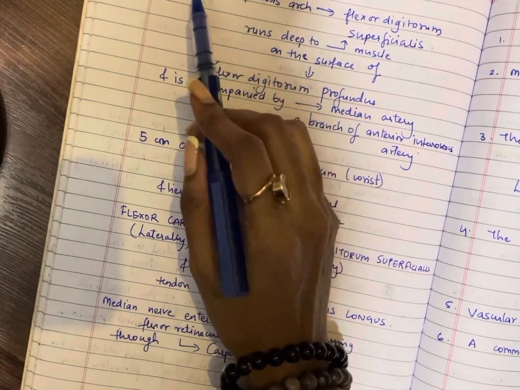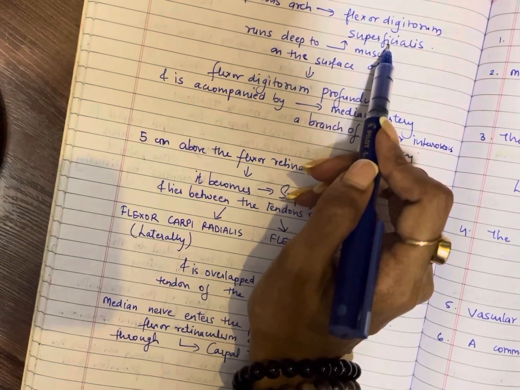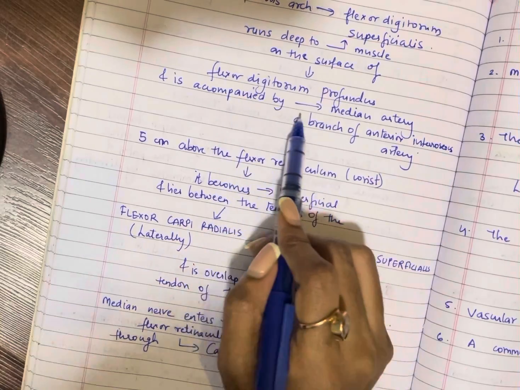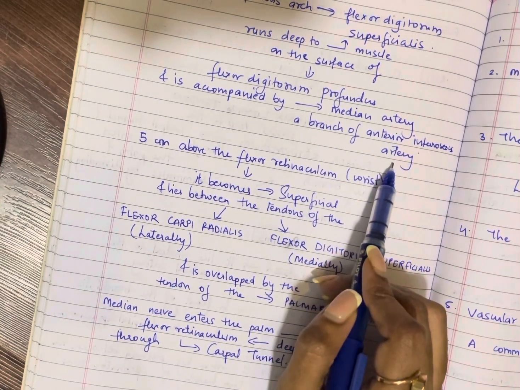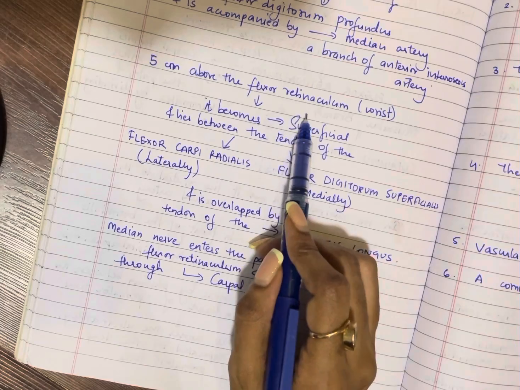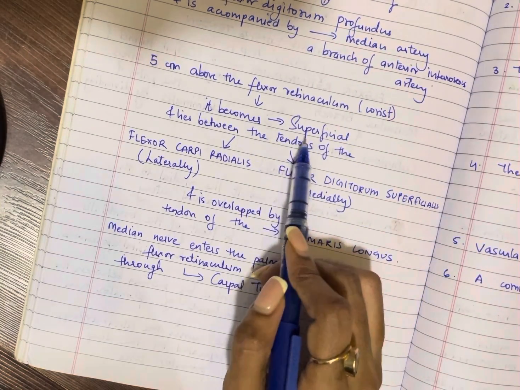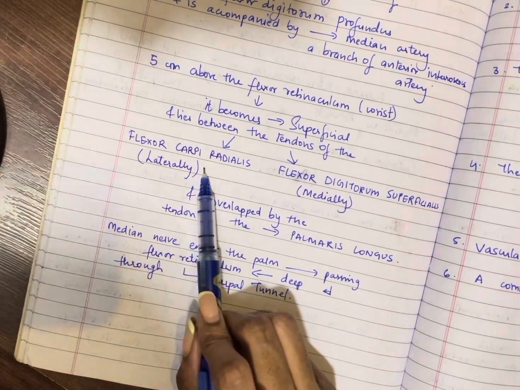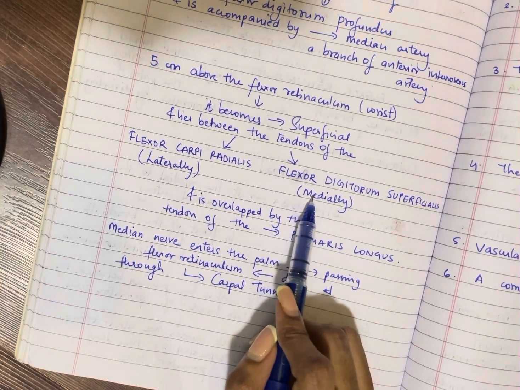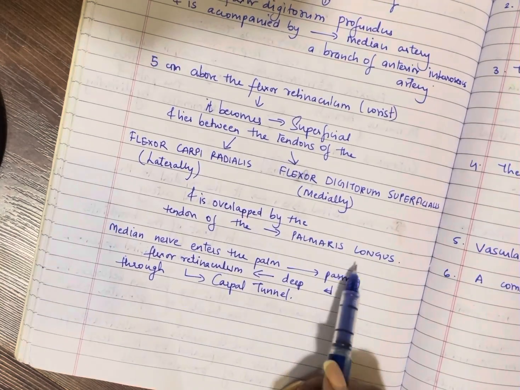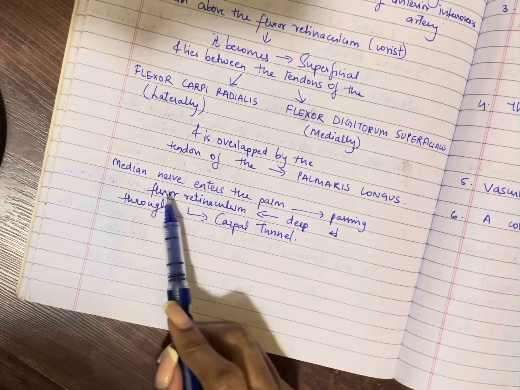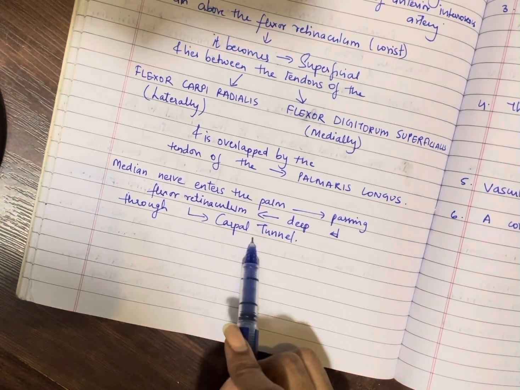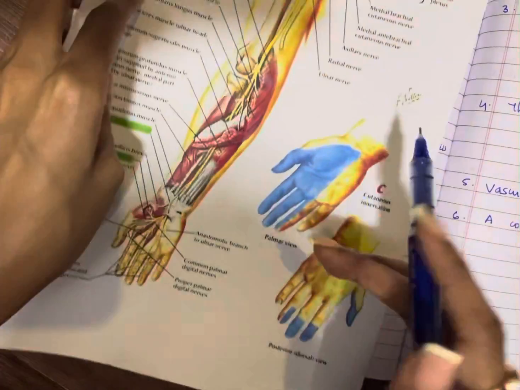Along with the ulnar artery, it passes beneath the fibrous arch of the flexor digitorum superficialis, runs deep to this muscle on the surface of the flexor digitorum profundus. It is also accompanied by the median artery, a branch of the anterior interosseous artery. 5 cm above the flexor retinaculum, that is at the wrist, it becomes superficial and lies between the tendons of the flexor carpi radialis laterally and the flexor digitorum superficialis medially. It is overlapped by the palmaris longus, and the median nerve enters the palm, passing the flexor retinaculum through the carpal tunnel. Talking about the branches of the median nerve,